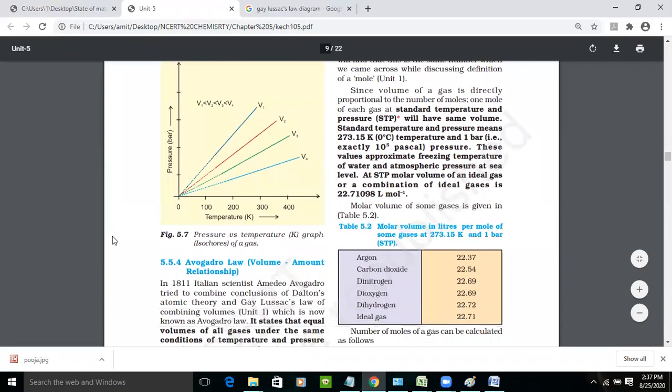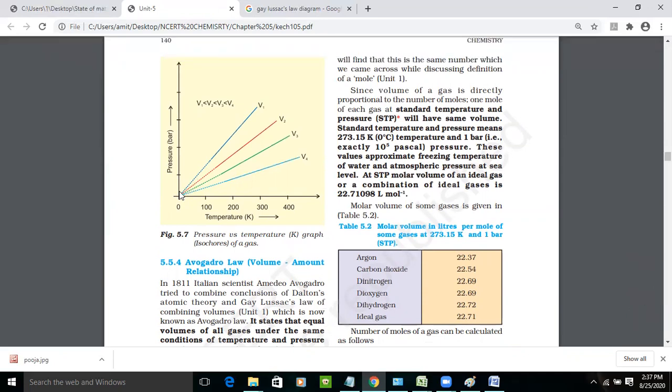So as you can see, this is how temperature affects the pressure. Whenever we increase the temperature, it will affect the pressure. Means if you decrease the temperature to 0 degree Celsius at a standard pressure of 1 bar, what happens? The water can freeze, means the liquid state can freeze and convert into solid state.